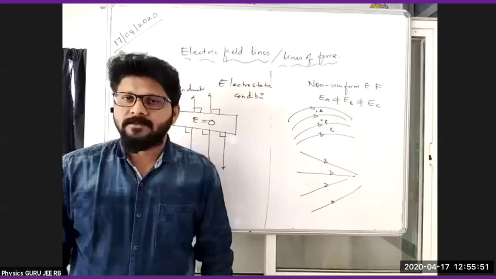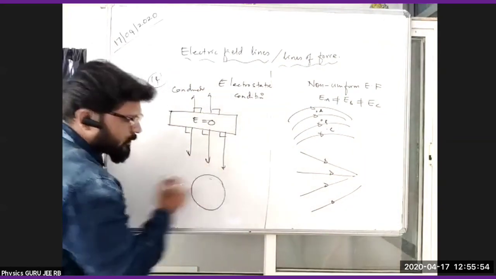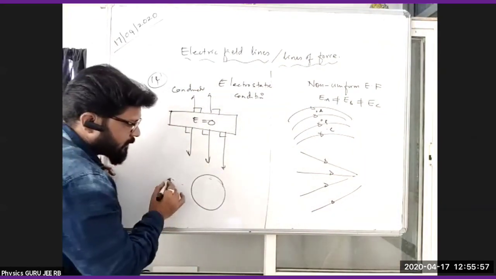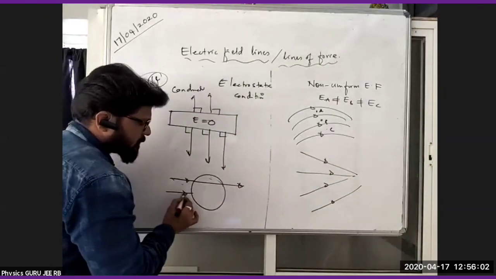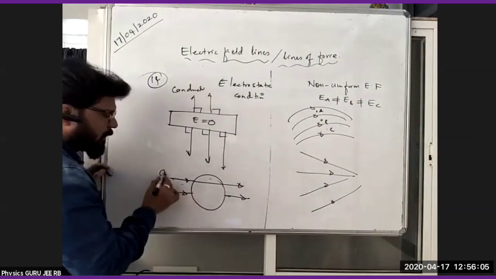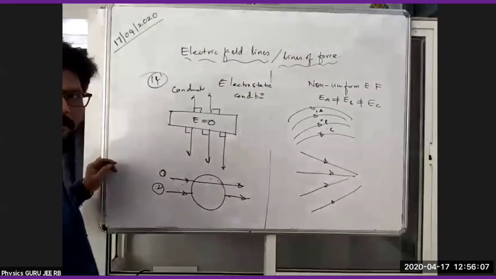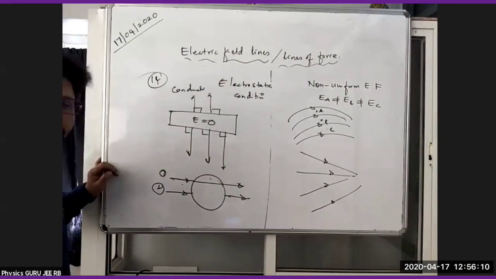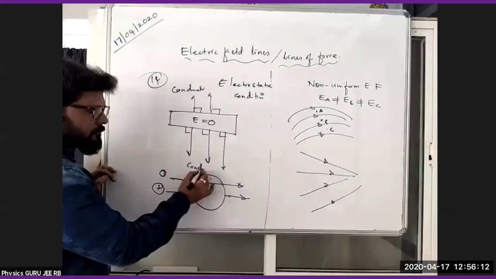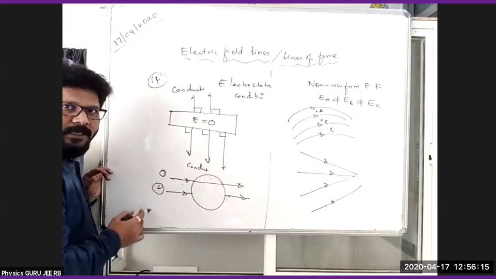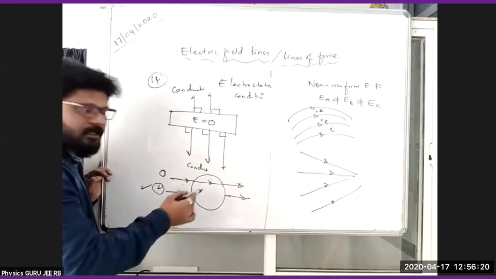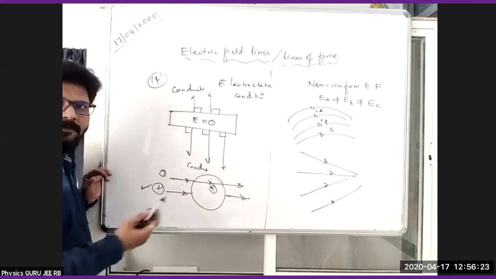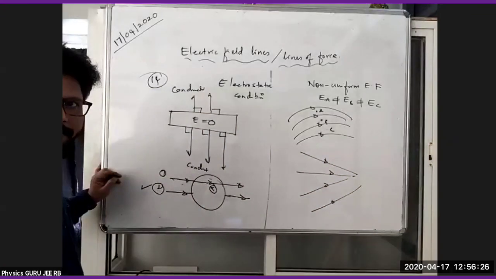Electric lines are 0 inside. For example, this is a conductor. If I say an electric line is passing like this, and another is passing like this, which is correct, the first one or the second one? Let us take this as a conductor. The second one is correct. Why? Because the line should not pass inside the conductor. Inside the conductor, it is wrong. Based on this, we will have JEE questions, right? The second one is correct. Is it clear, all of you?